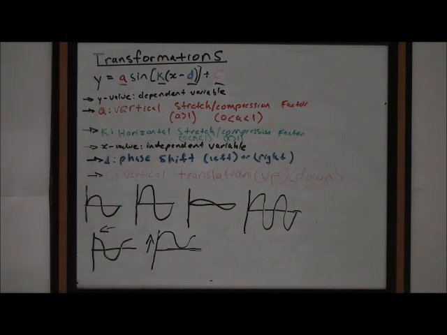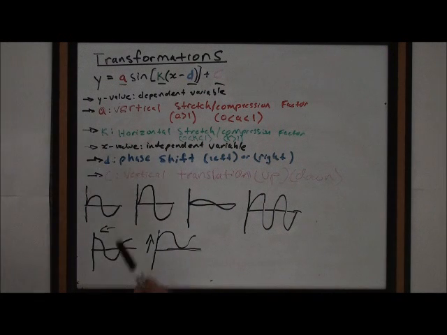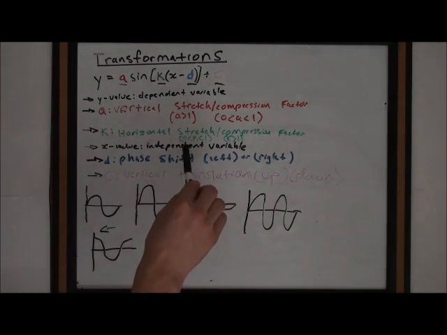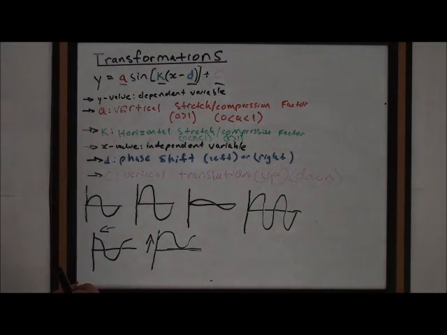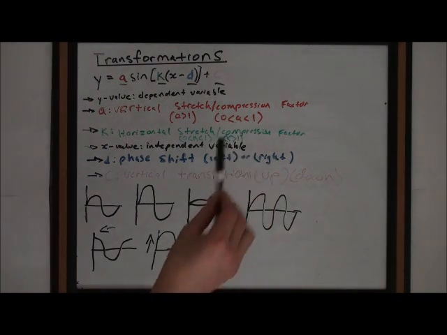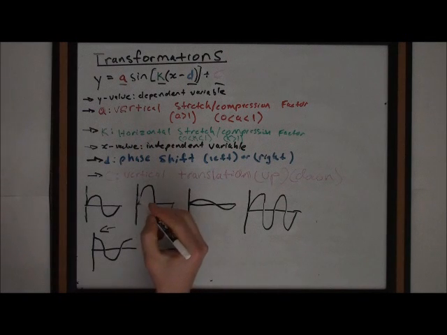Next is the k value, your horizontal stretch compression factor. It is sort of the opposite of the a value. If the value is between 0 and 1, it is stretched horizontally. If k is greater than 1, then it is compressed horizontally. So you can see in all of these graphs, this being your base sine graph, you can see in the next graph here